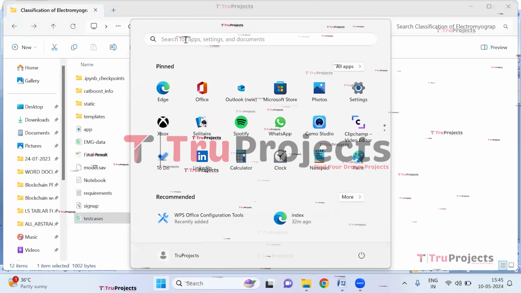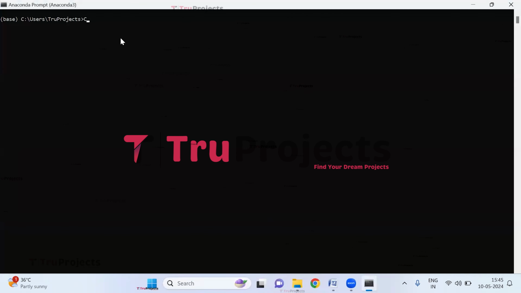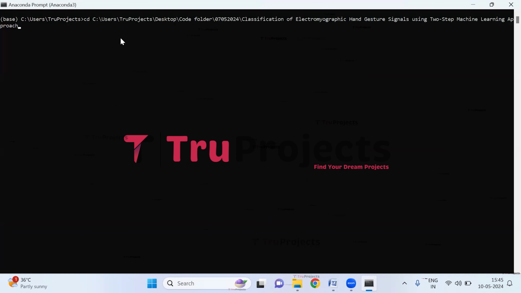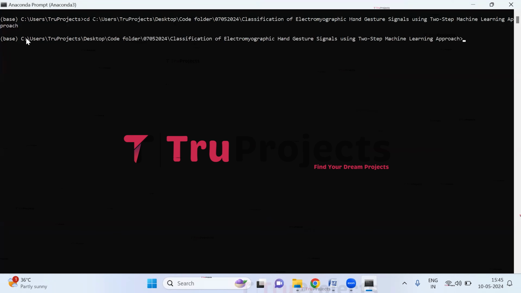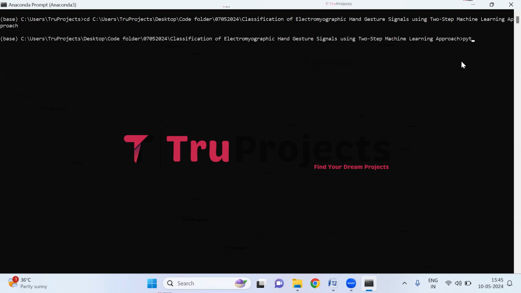Now open the Anaconda prompt. Use the cd command followed by a space and paste the copied path and hit enter. This command is used to change the current directory to the code folder's path. Now compile the app.py file using the command python space app.py and hit enter. This command will execute the Python script and perform a runtime check for any syntax errors